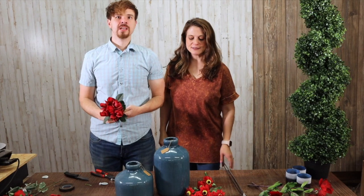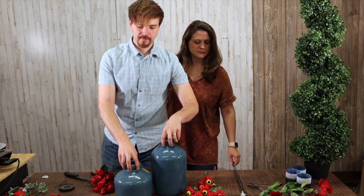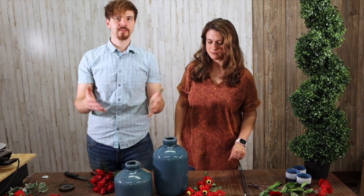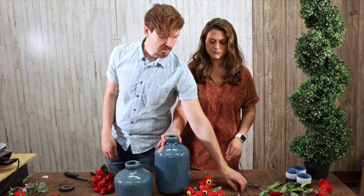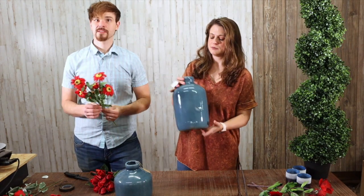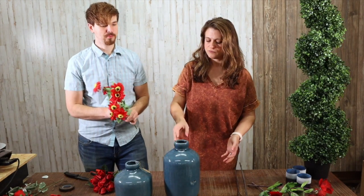Moving right along. So now we're actually going to use a couple of medium-toned blue containers that we sell a lot of in our store. And we're going to add some reds and some whites and maybe even some blues to these to give these some more patriotic